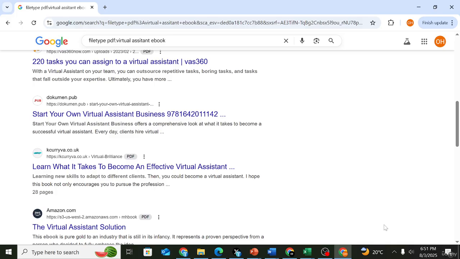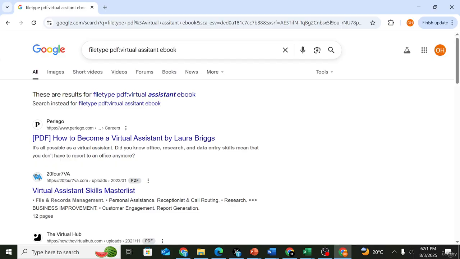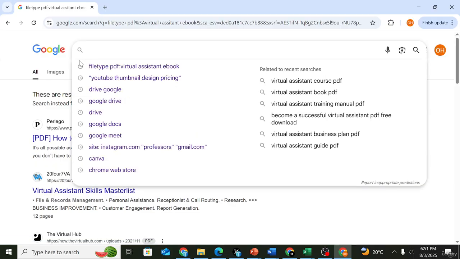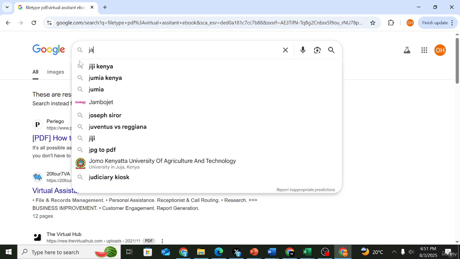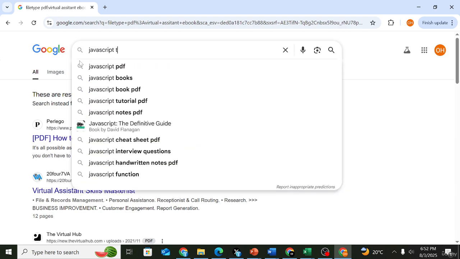Lastly, you can restrict the type of results based on the year. So what Google will give you should be within a specific time period. So let's say we are searching for a JavaScript tutorial